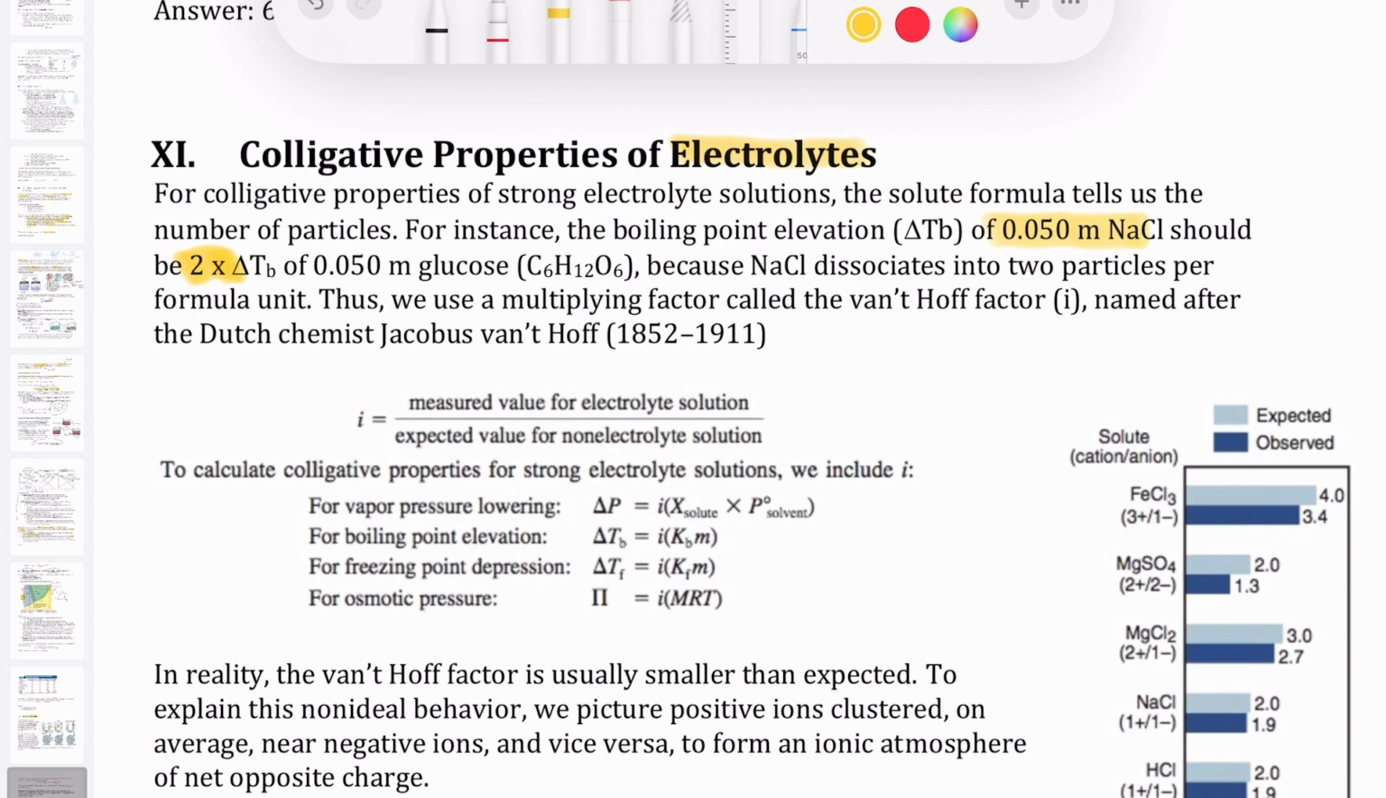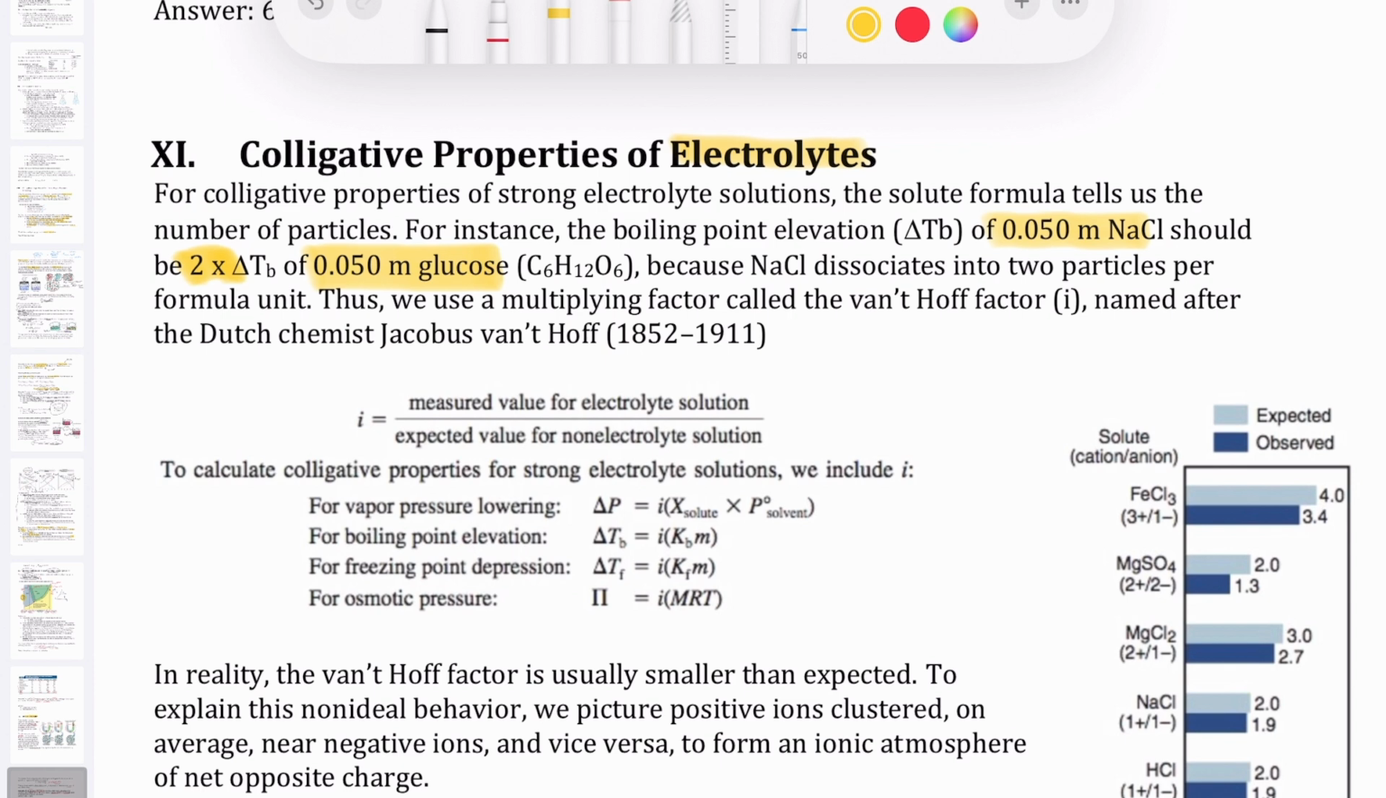This is in contrast to something like glucose, which is a polar compound, but it's a non-electrolyte. If I say I have 0.05 molal of glucose, all I have is 0.05 molal of glucose. It doesn't break apart, doesn't dissociate into ions. That means that when we're calculating the colligative properties of electrolytes, such as NaCl or some other ionic compound, we're